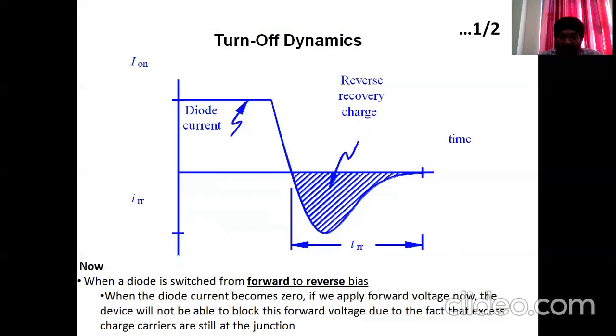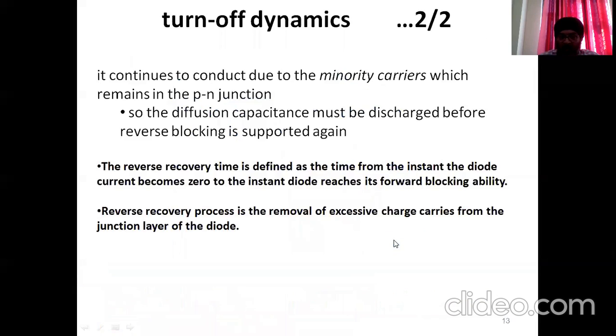So now the thing is, because of the charge carriers accumulated in the capacitances, unless the reverse recovery process is finished, we cannot start the new forward voltage or new switching on of the device. So it continues to conduct due to minority carriers, until the complete diffusion capacitance is discharged,